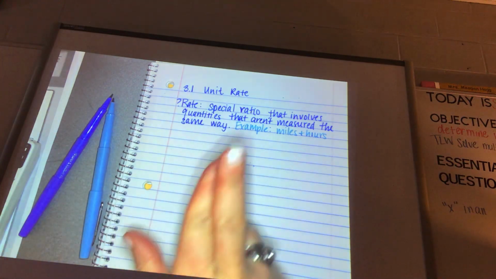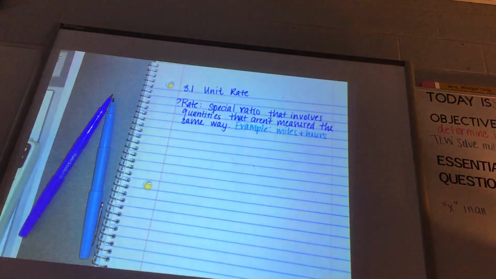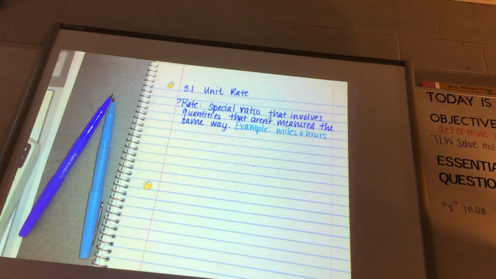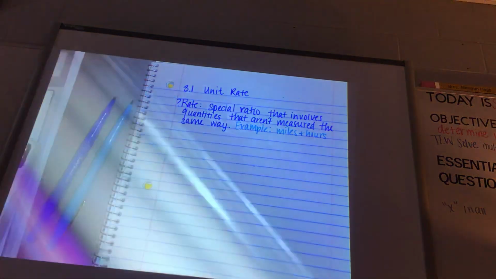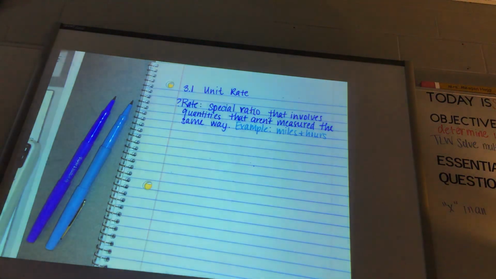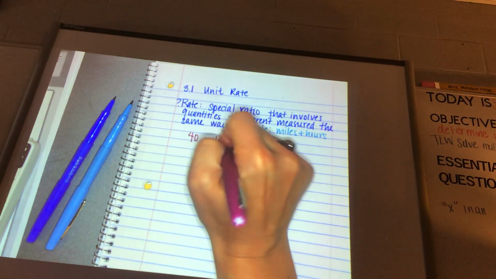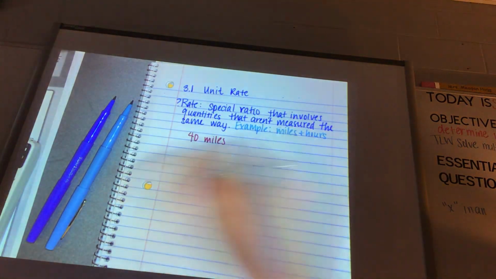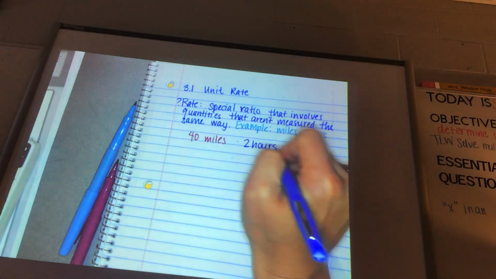I know you've heard that. So let's think about this. If you rode your bike 40 miles and it took you 2 hours to go those 40 miles on your bike, your unit rate would be